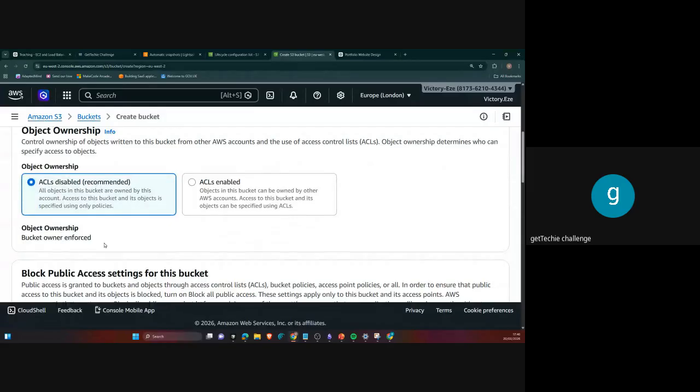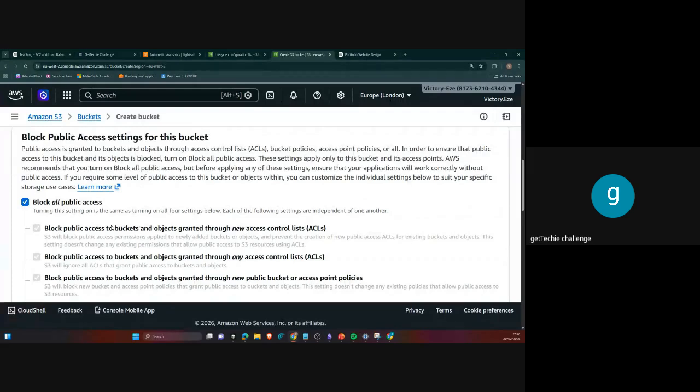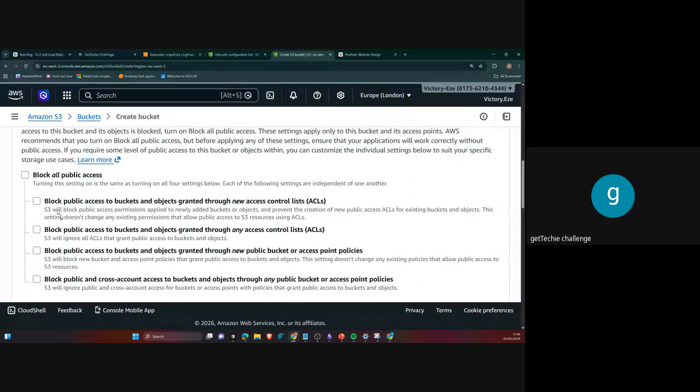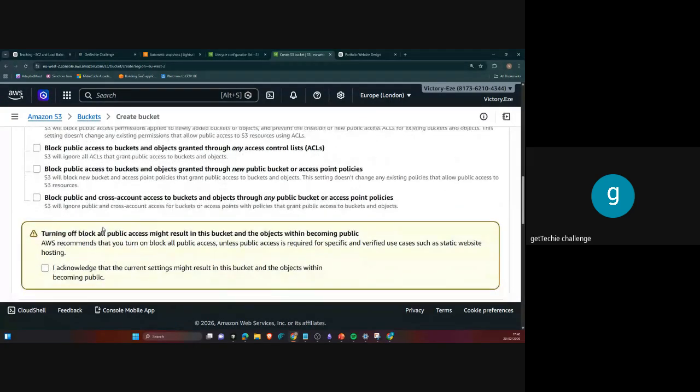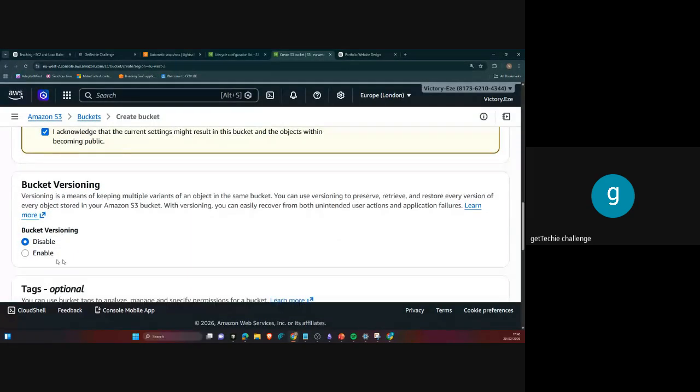Then the next thing I'm going to do: I can disable all of this initially, but because it's a static website, I want public access. I'm going to disable this whole block public access thing. You see by default it's blocking public access, but now I want to allow public access, so I say yes, I understand, and turn it off. I can enable versioning.